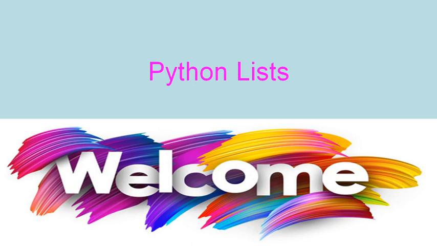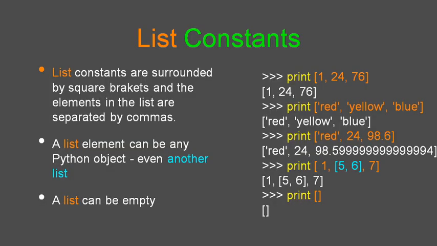Among these four, a list in Python is known as sequence of data type like strings. It is an ordered collection of values enclosed within square brackets. See here, the values are enclosed within square brackets. Each value of a list is called element. It can be of any types. It may be numbers, characters, strings, whatever it is.